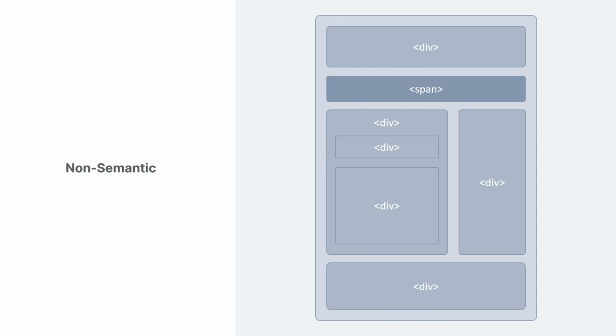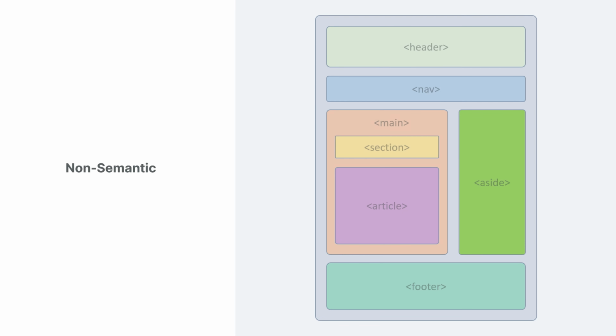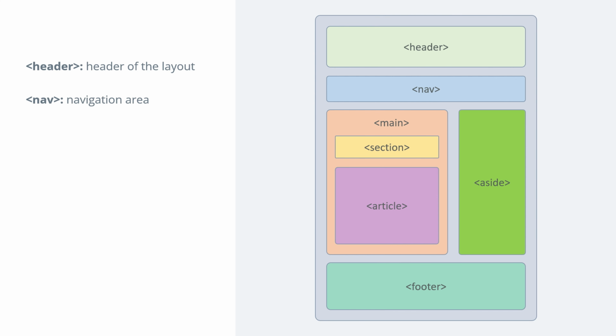This lack of clarity can make it harder for assistive technologies and search engines to interpret the structure and the purpose of the web page. If you want to make this code more readable, more descriptive, you can rewrite it with the semantic elements to make it like this. So the header tag, which is the header of the layout, nav tag, which is the navigation